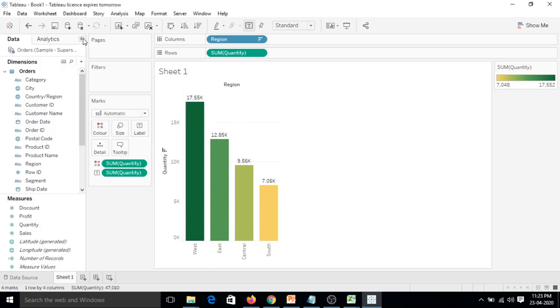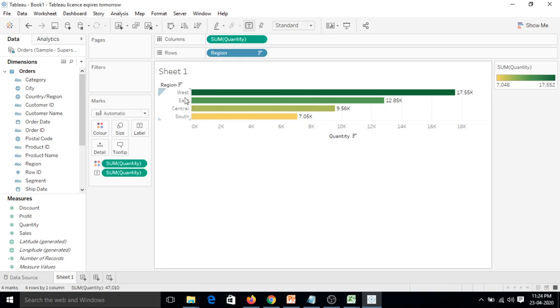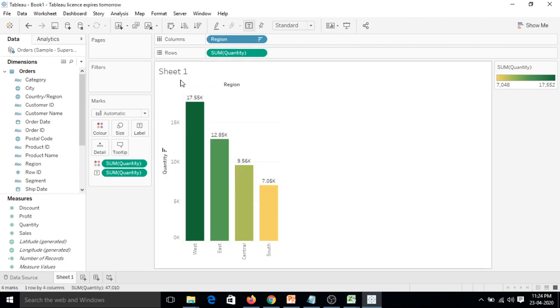So this looks good to me, and this is a basic bar chart that we have created, and we have used several options. Let's just revisit what we have done. We created a horizontal bar chart. Let me just transform it. So we created a bar chart like this. We placed colors on it. We used text labels on it by using this label, and we also used formatting to convert these numbers into thousands, and we saw this option to swap rows and columns to create a vertical bar chart.